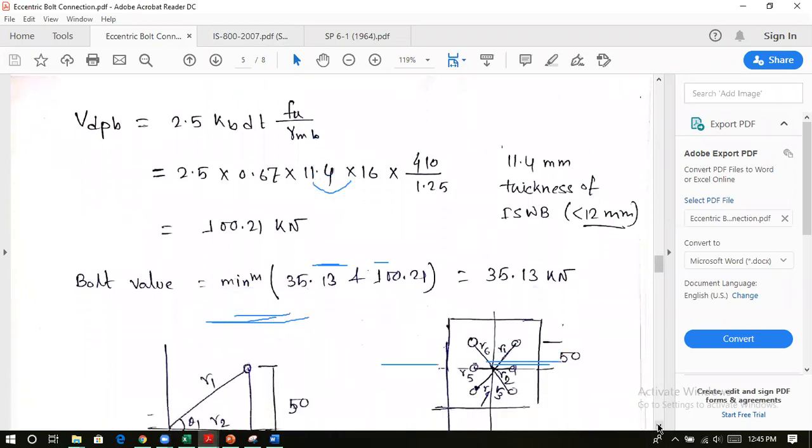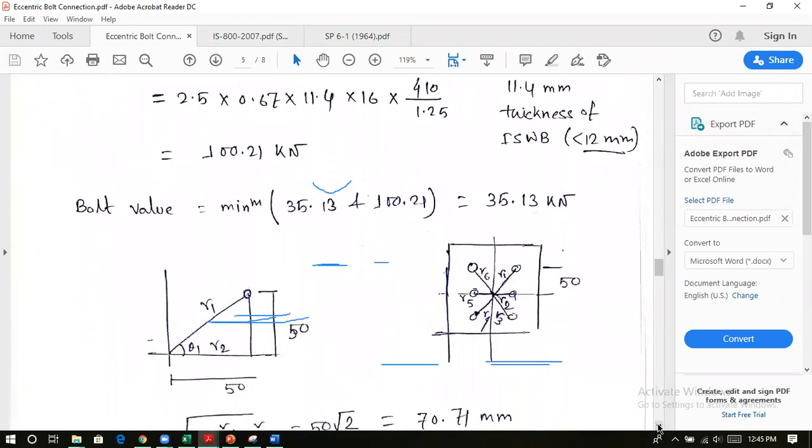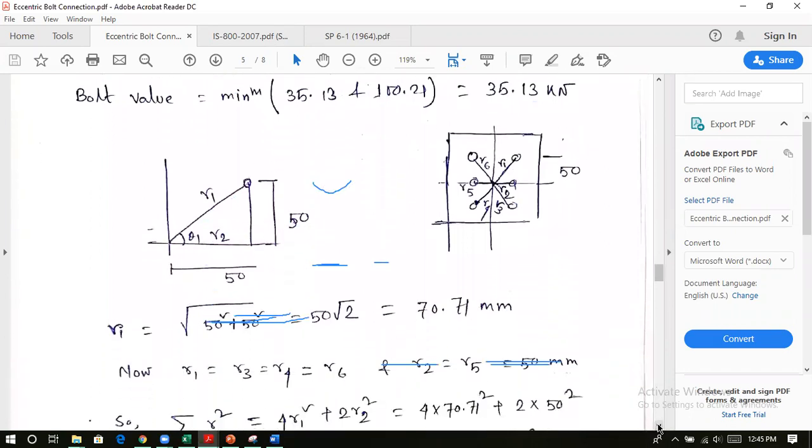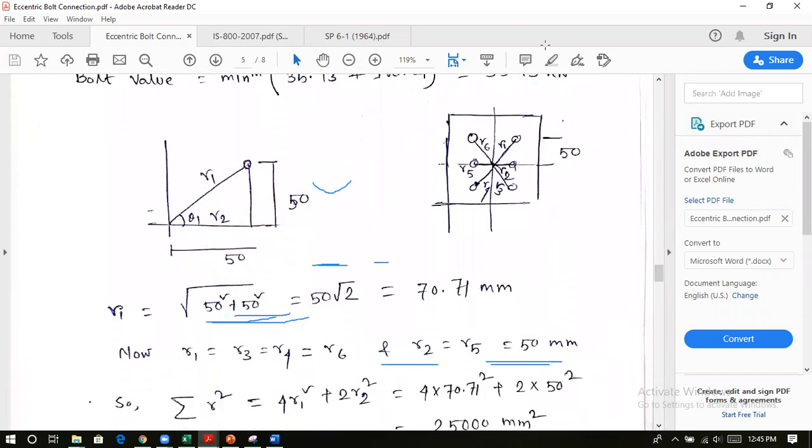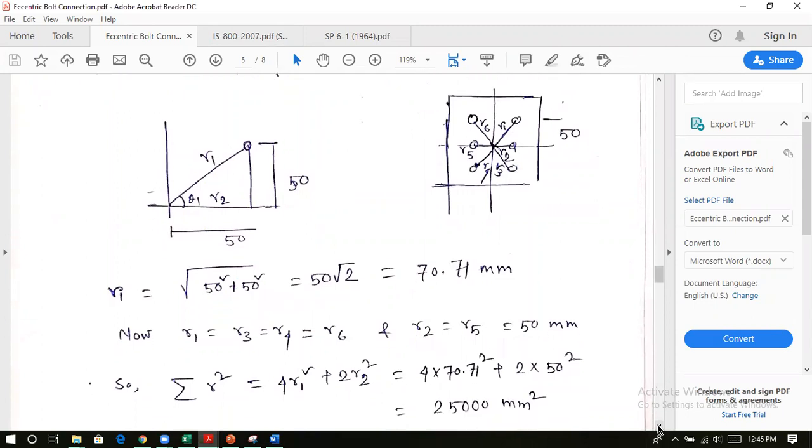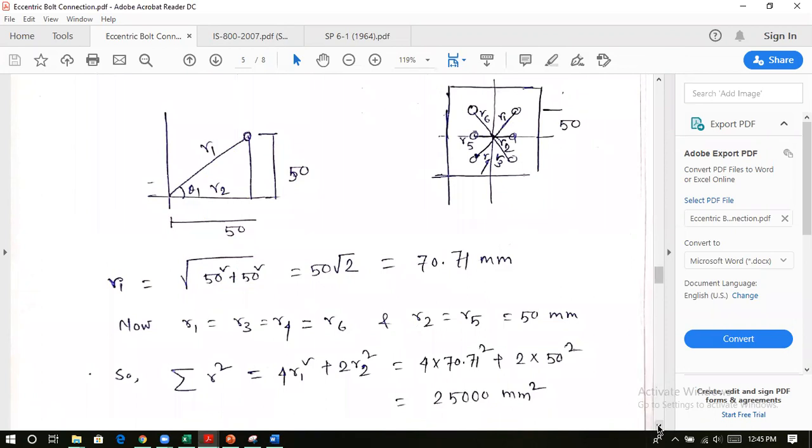Now we have derived the bolt value of the HSFG bolt. Now directly we will go on to calculate the forces on the bolt due to moment and direct force due to the load coming onto the bolt. Now to calculate the forces due to moment, we have to find the radial distance of each bolt. So this R1